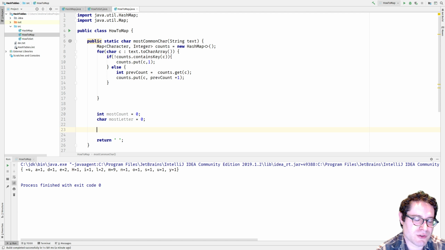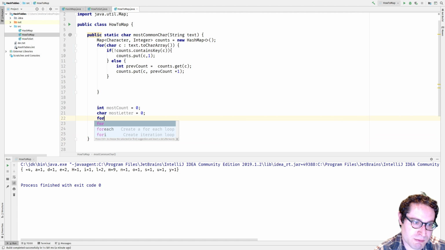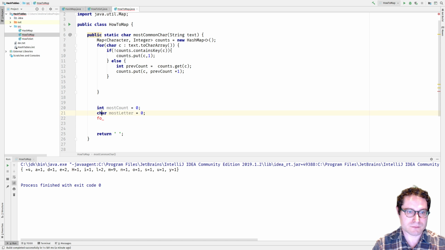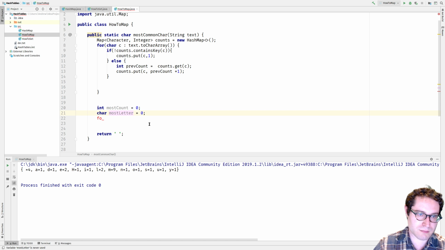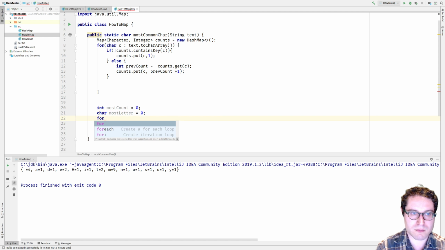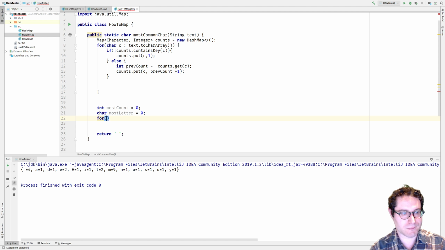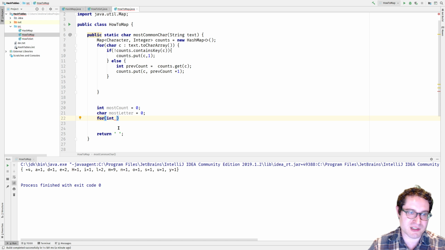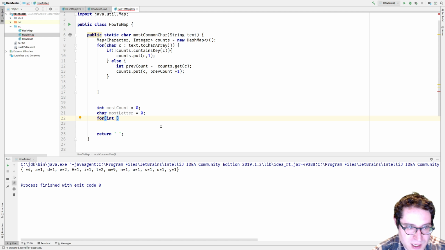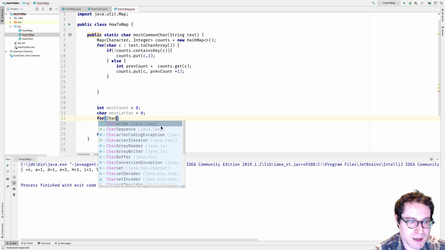All right, so now let's iterate through it and find the most frequent one. So, by the way, this took O of n time, where n is the number of characters. Why? Because each of these is a constant time operation. This is a constant time operation, this is a constant time operation, this is a constant time operation. Do it for each character. Okay, so now for char c in counts,